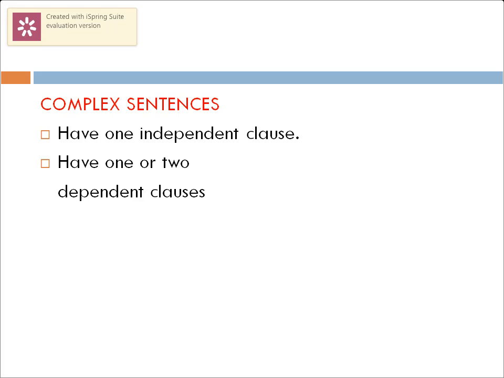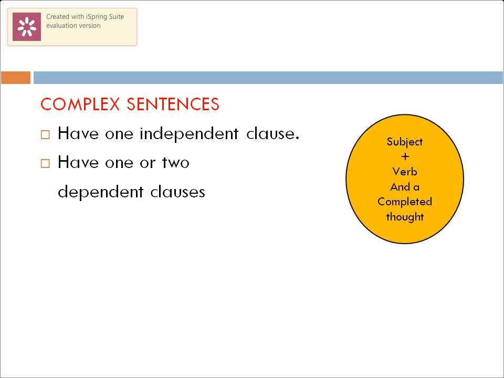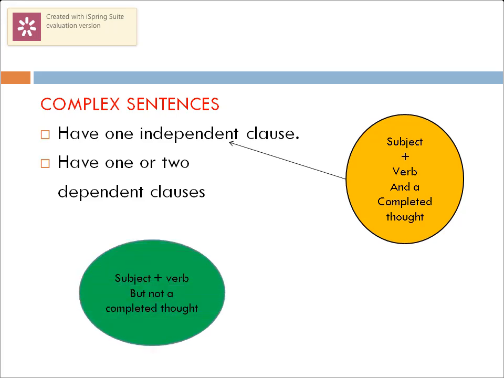Now, let's move on to what is a complex sentence. A complex sentence will have one independent clause and one dependent clause. That means it will have an independent clause, with a subject, verb, and a complete thought, and it will also have a dependent clause. That means maybe a subject and a verb, but not a completed thought. Let's look at an example. When he won the prize,